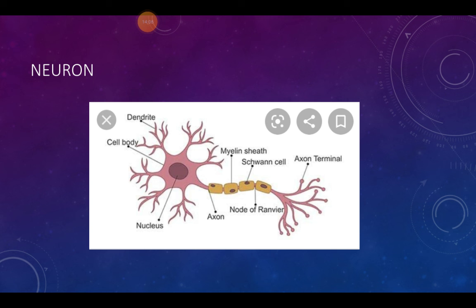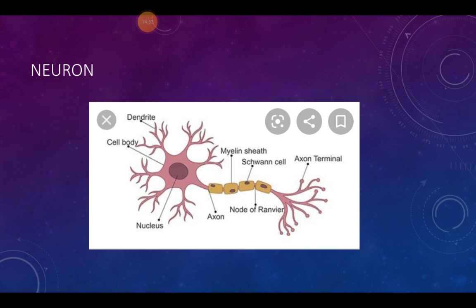Structure of a neuron. A neuron is made up of a cyton, means cell body, dendrons and dendrites, and axon. Cyton means a cell body. It is the main part of a nerve cell. It has a nucleus at the center and cytoplasm, dendrons and dendrites. These are short structures that arise from a cyton cell body. They receive signals from the axon endings of other neurons.